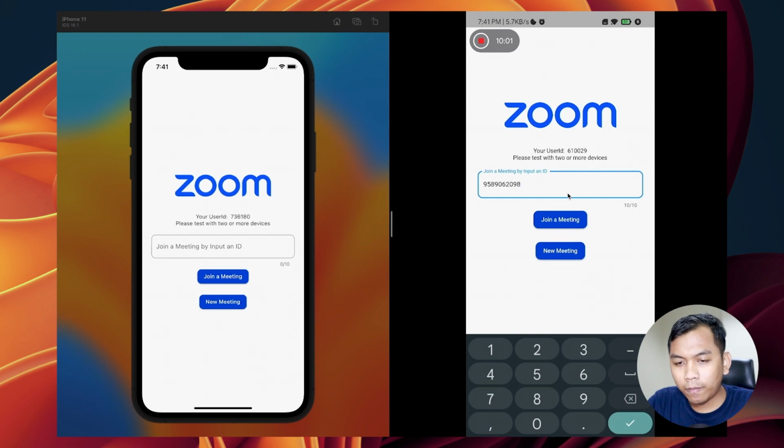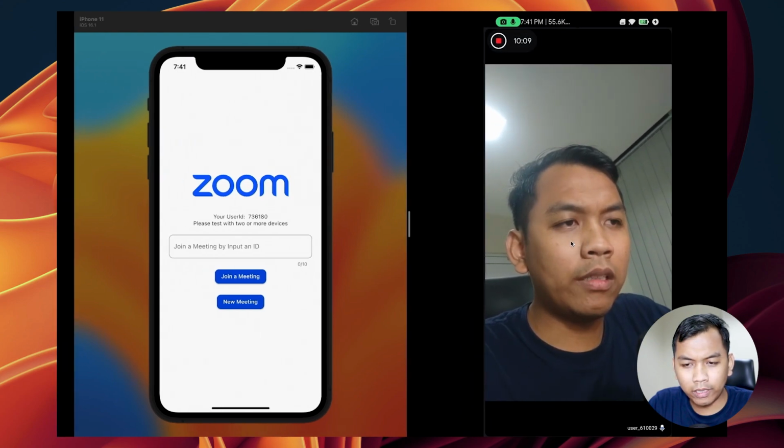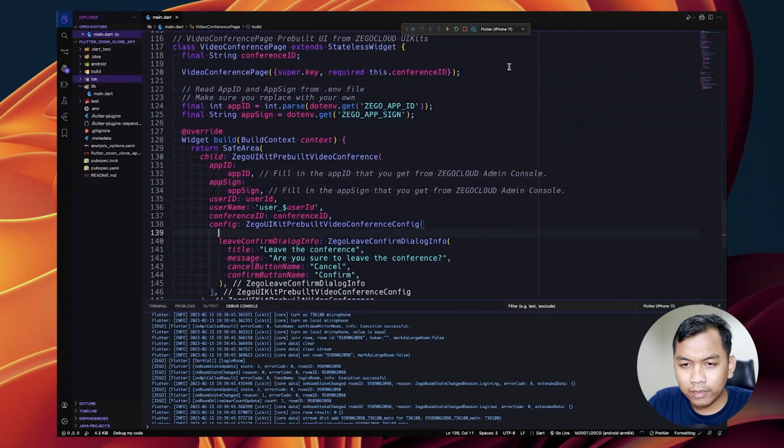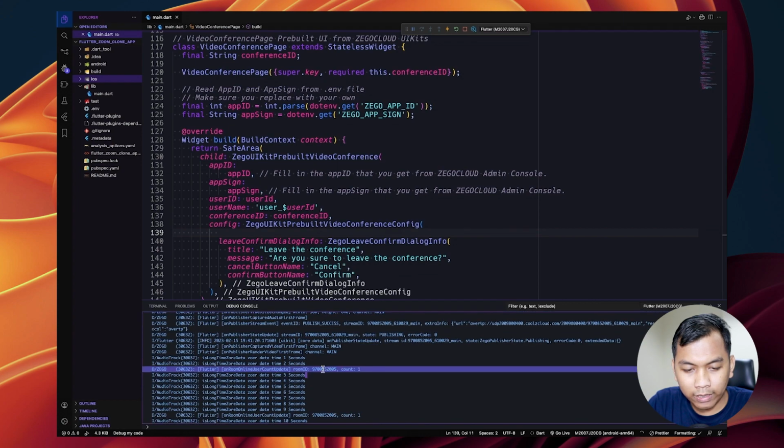All right, so let's create a new meeting on Android. This is our meeting on Android. Let's go here, and we will have the room ID.